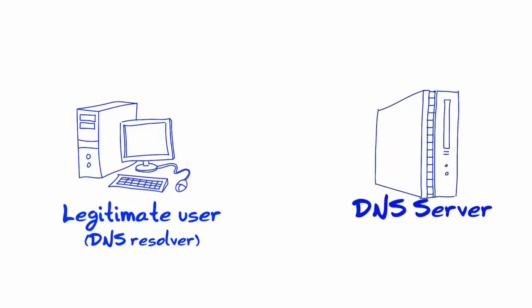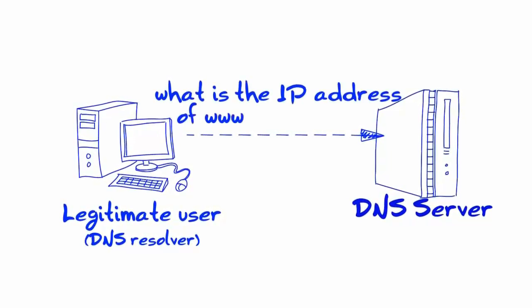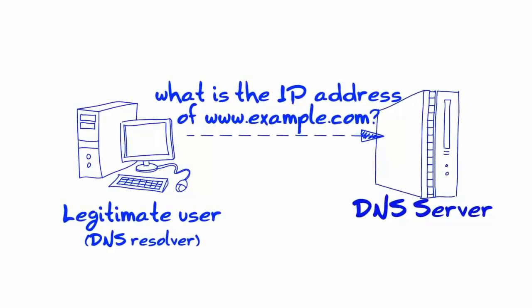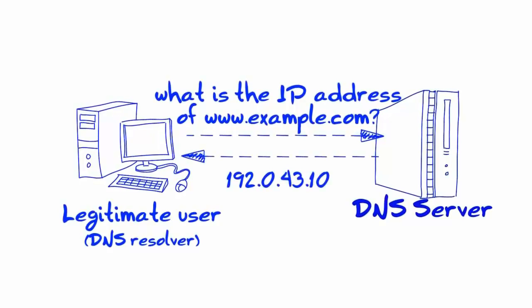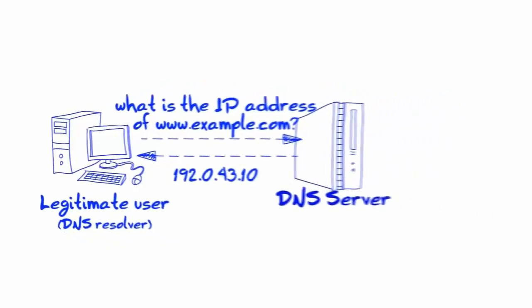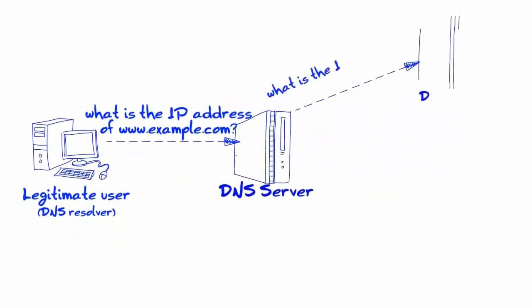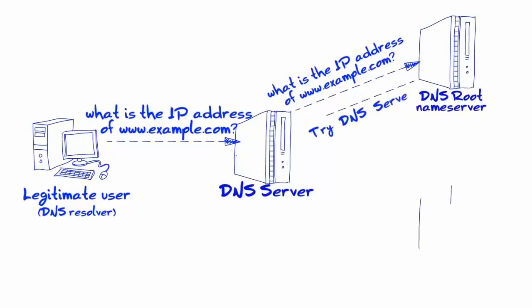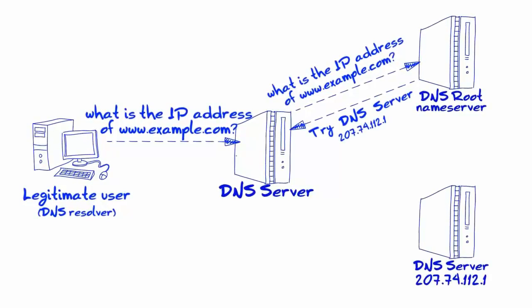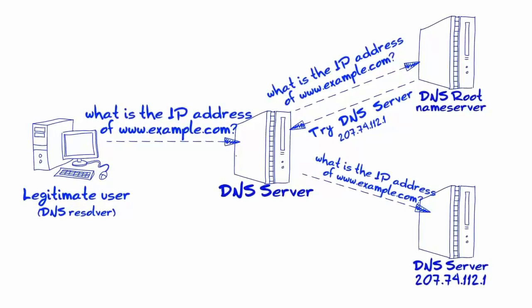Therefore, the computer, known as the DNS resolver, sends a DNS query to a DNS server asking, "What is the IP address of www.example.com?" If the local DNS server knows the answer, it replies to the DNS resolver with the IP address 192.0.43.10. If it doesn't know the answer, it asks one of the DNS root name servers, which points the resolver to other DNS servers. The DNS resolver then asks the other DNS server the same question until it finds a DNS server that knows the IP address of